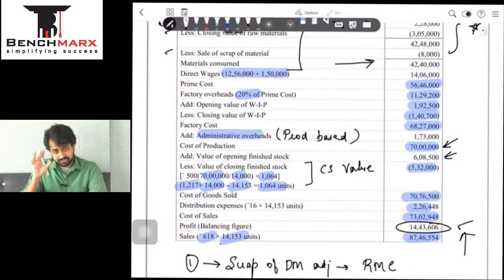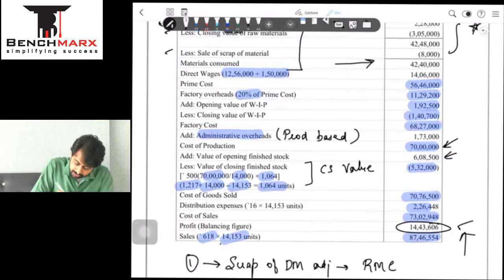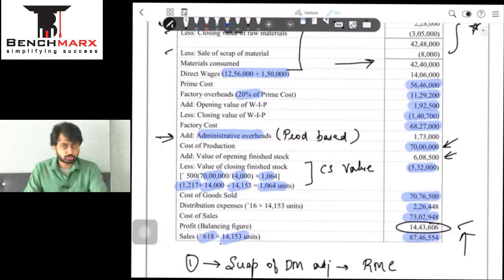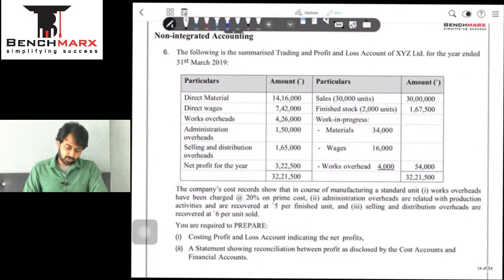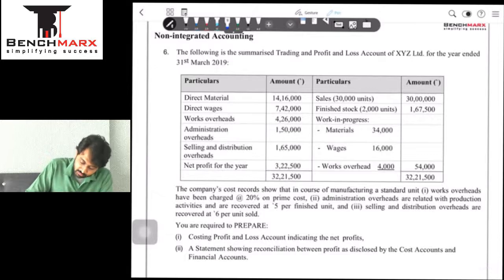अगर sale of scrap बोला है, then we could have adjusted from here, add admin cost production based and less sale of scrap. But अगर material बोला है तो adjust from raw materials consumed. Sorted. Hopefully, yes. One more question gone, and now we are going to jump to question number 6, which is based